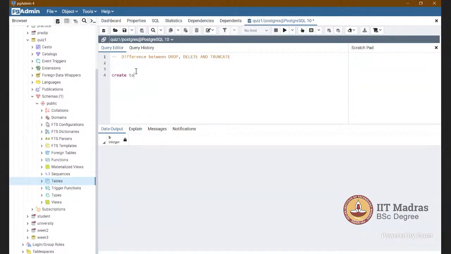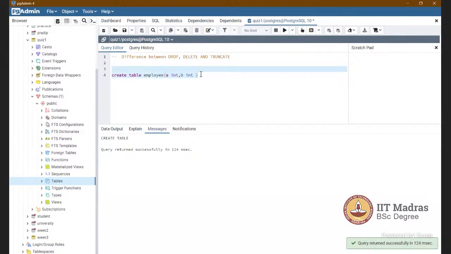So suppose the first table is employee, and let me take the original example.